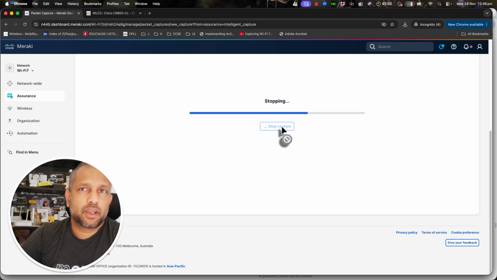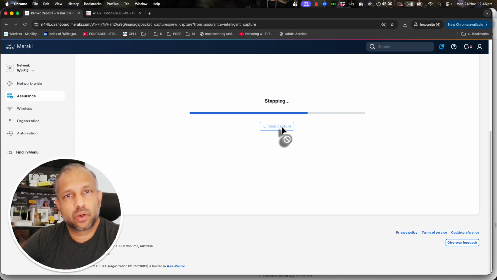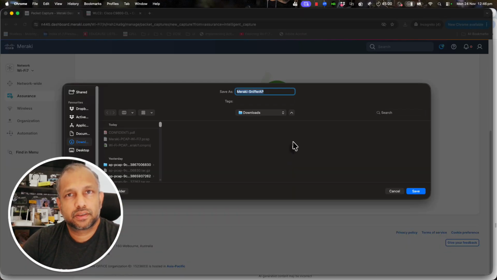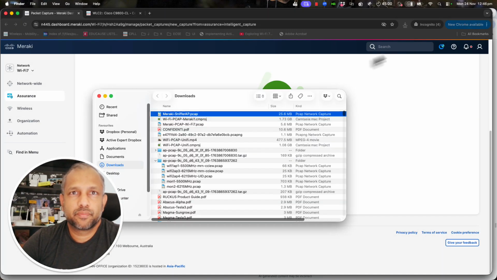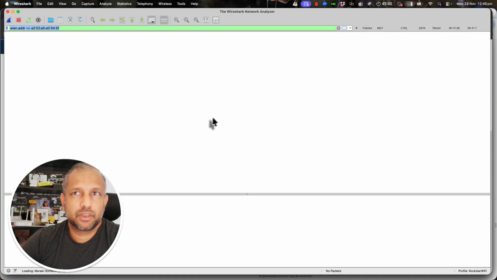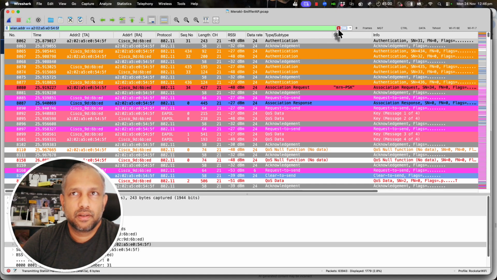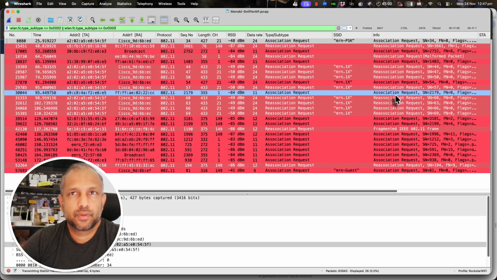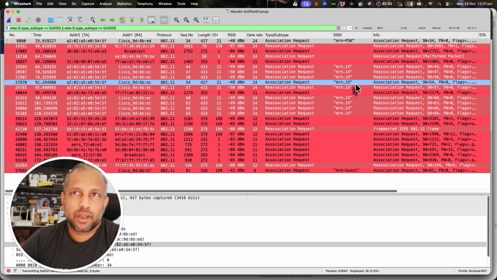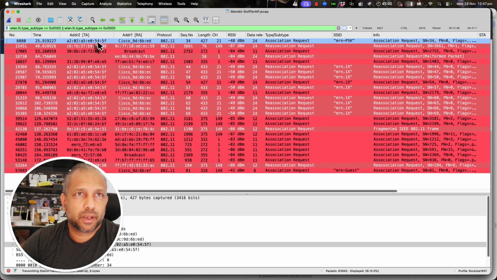Now once you stop the capture, you should be able to download the capture and analyze. So you can see here Meraki Sniffer AP, that's the name given. Now let's open this capture and see what happened, whether we can see all the detail. Now if you go to the management frame filter and association request, you can see the client initially connected to the MRN PSK, MAC address being 545F, and then